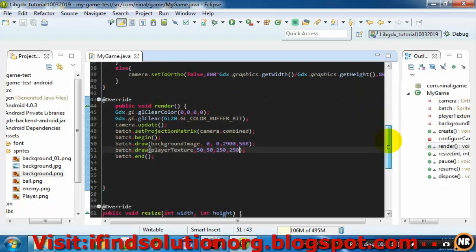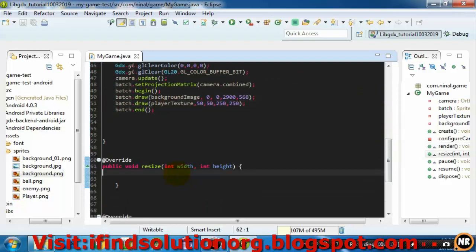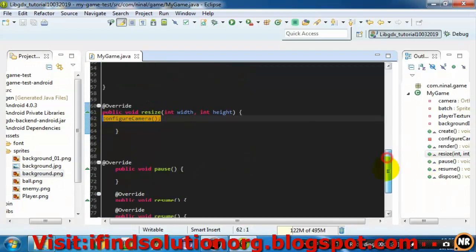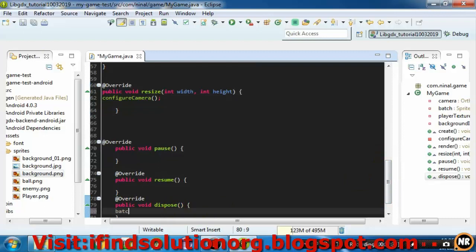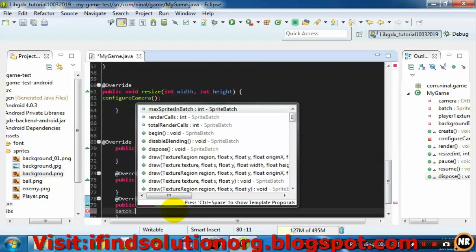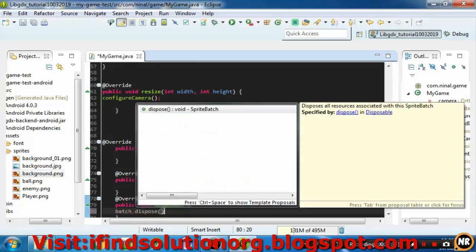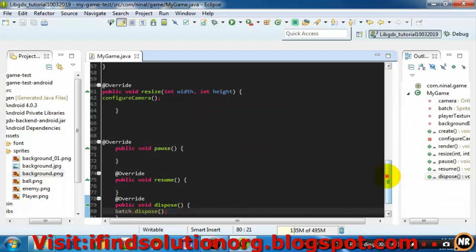And now we will pass our configure camera method in the resize method, to apply the settings of our configuration method. Then we will just dispose our batch,